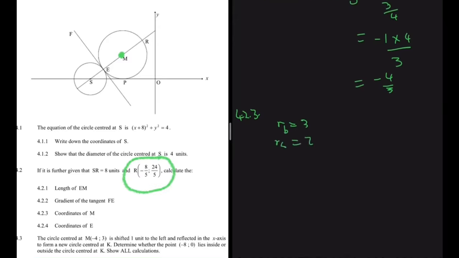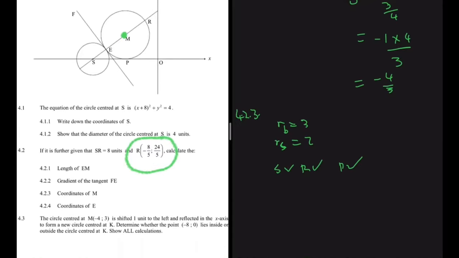And then we know the coordinates of S, and then we know the coordinates of R. That's all we know, right? And we sort of know the X value, the Y value of our coordinate P, right? So we have to find the coordinates of M using this information that we have. So how can we possibly do that? So